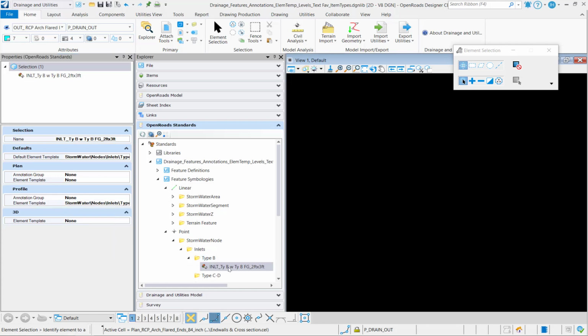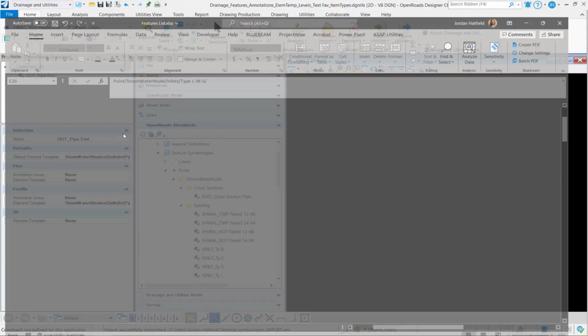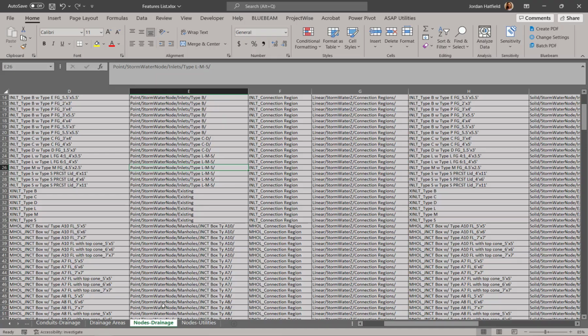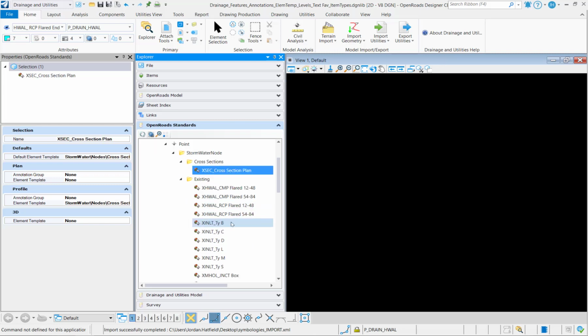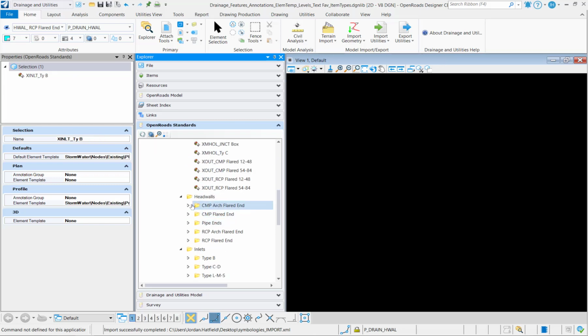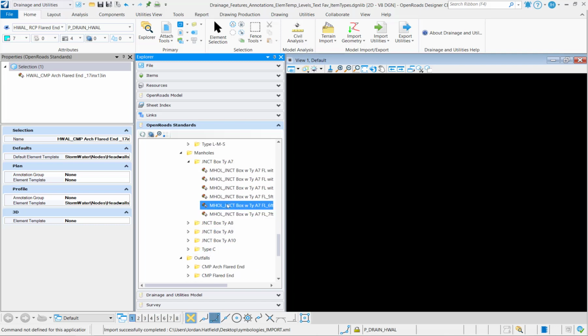And then from here I'm going to copy this symbology out and then change the default and profile element template as I need to. Alright, so from the spreadsheet, I have created all of my folder structure as well as the point feature symbologies for cross sections, all of my existing features, all of the head walls, the inlets, the manholes,